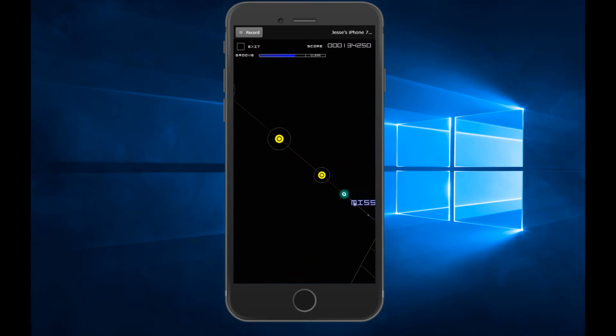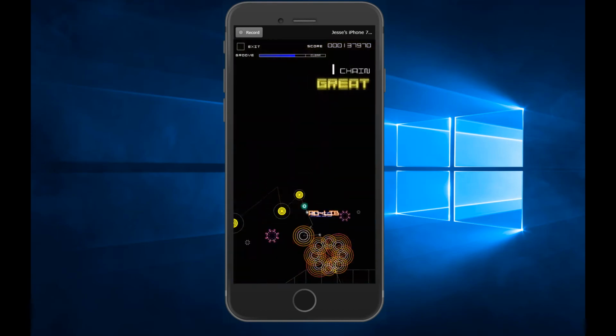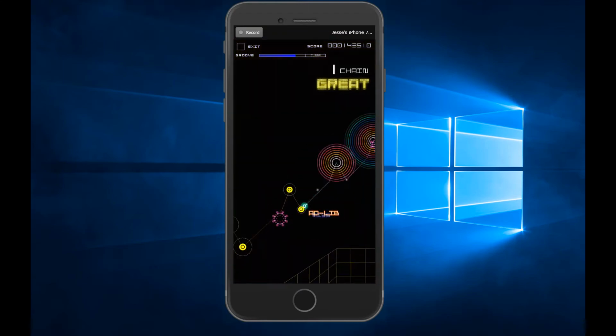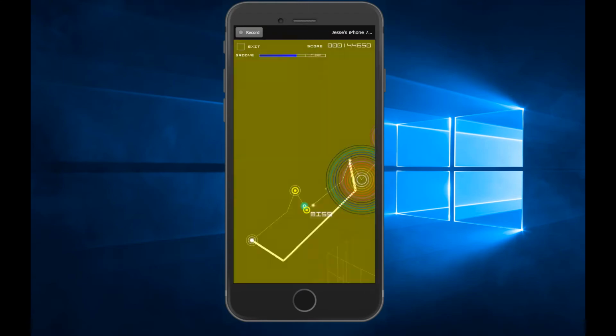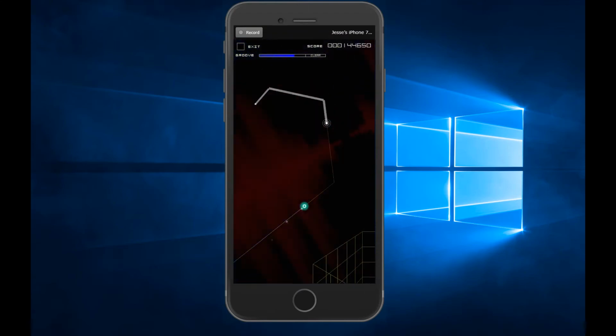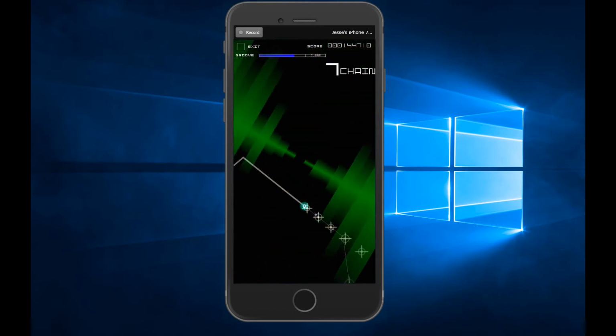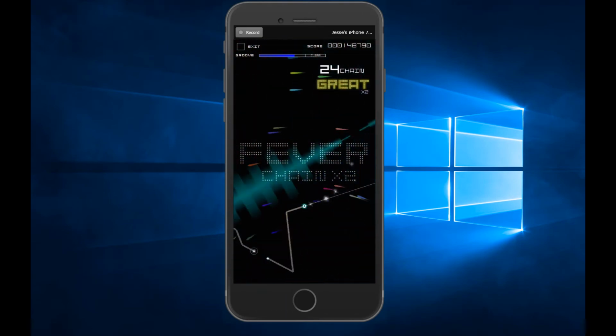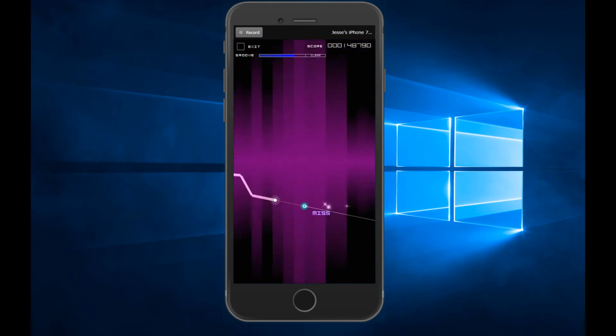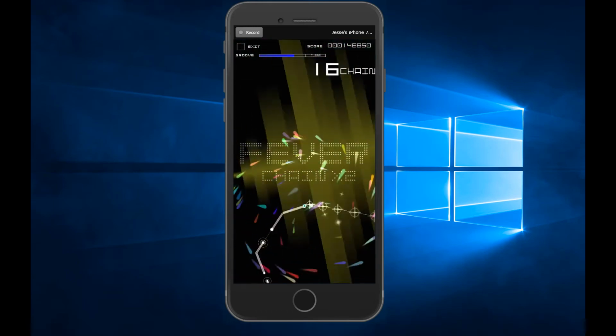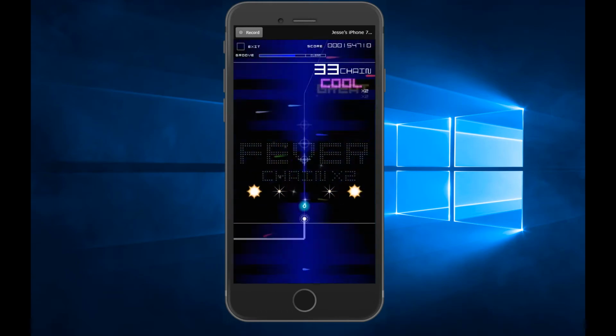Oh my God. I'm gonna flunk on this one hardcore. What? There's like some tap and hold and tap going on there? What the hell was that? That's a new one on me. I didn't know about that mechanic.